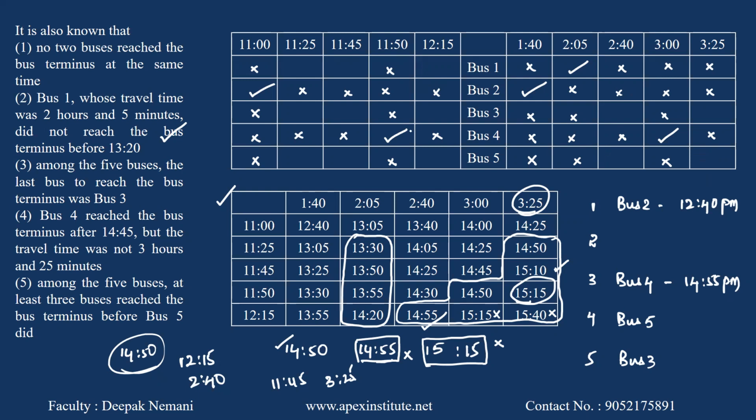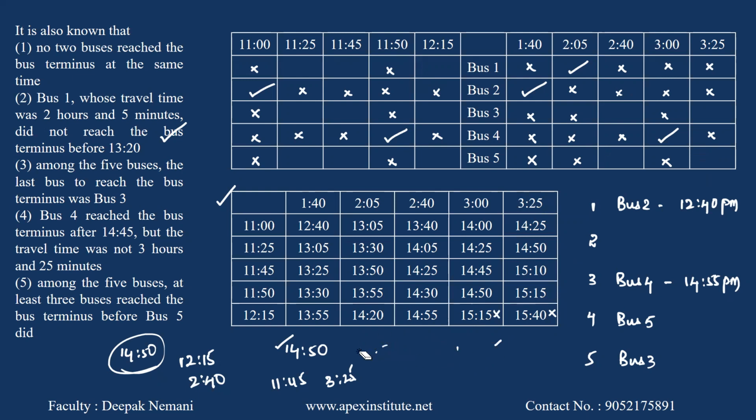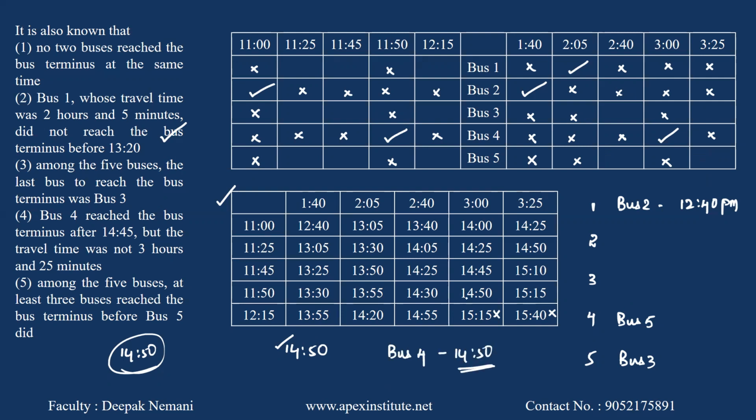Okay. Now starting time of bus 1, just give me 1 minute. And okay, I can't write this. But I'm sure that bus 4 will be reaching at 14:50. Now, if we have bus 4 reaching at 14:50, bus 5 and bus 3 should reach